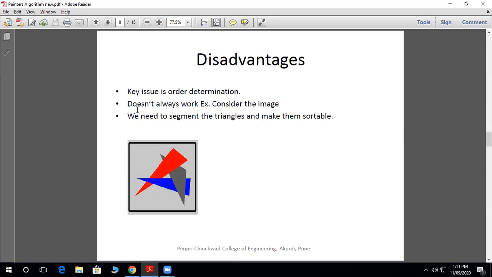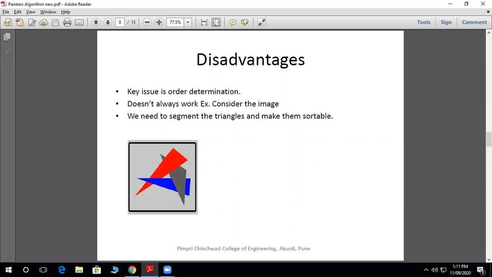Let's take this example, which doesn't always work. For example, consider this image. In this image you can see that we can't find out which polygon is over which, which triangle is drawn first and which is far from the viewer.